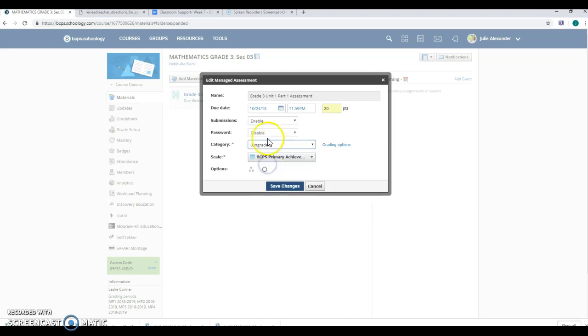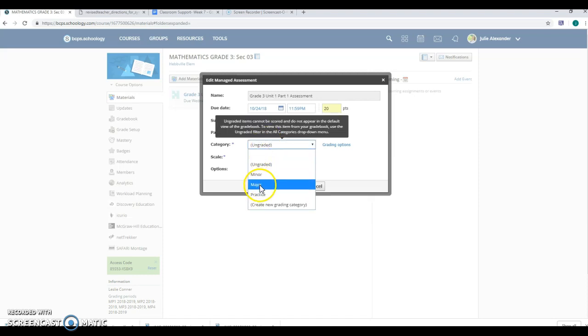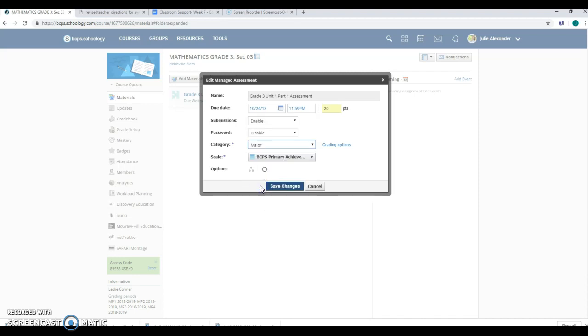Here's where you'll check your grading category, and of course, you're going to want to click major because it is a district assessment. And your grading options: kindergarten, first, second, and third use the BCPS Primary Achievement Scale, and then your fourth and fifth grade teachers would be using our 50-point grading scale. So you're going to click that. You're going to make sure that it's the correct factoring. So here is where we're going to click this. And then when we go to save changes,